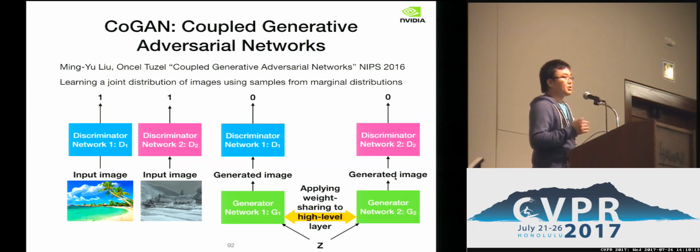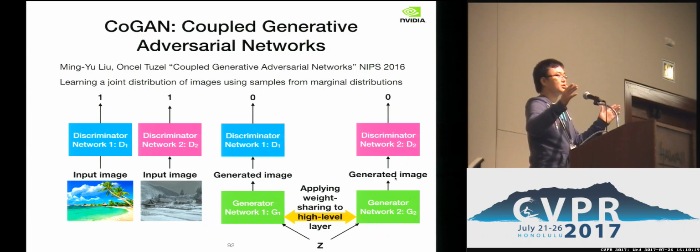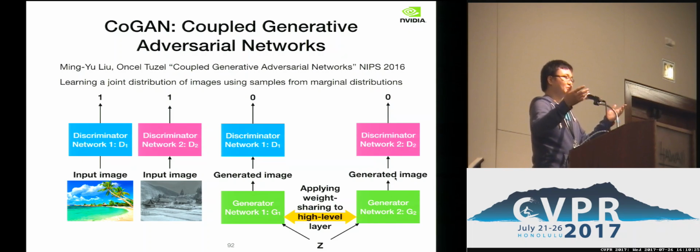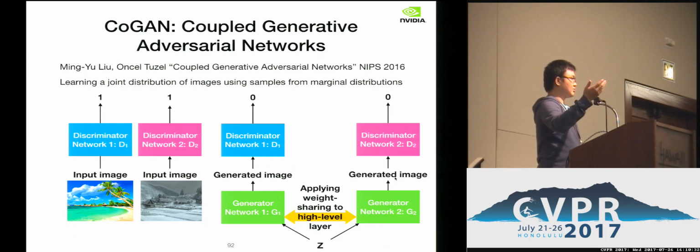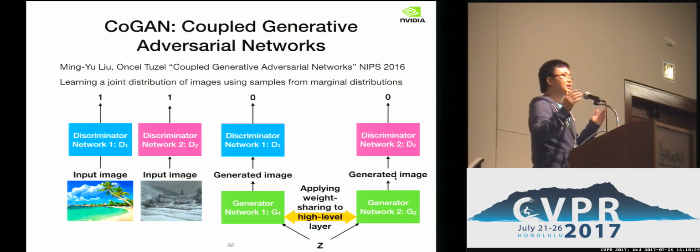Because we know that images of different modality describe the same high-level concepts. For example, I take a picture of the scene. I know it's a bunch of audience, it's a conference center, it's a ballroom. So you can use the same high-level description to describe a color image and a depth image. Because you can use the same high-level description to describe the same thing, it makes sense to share